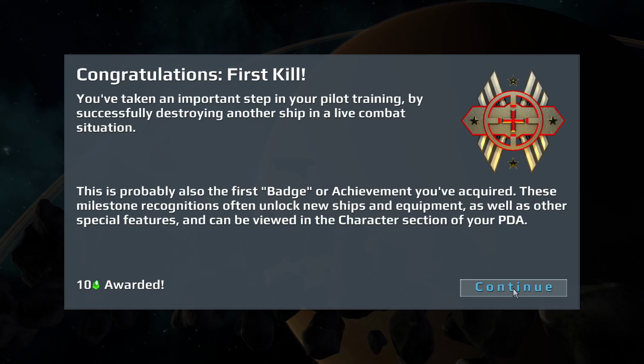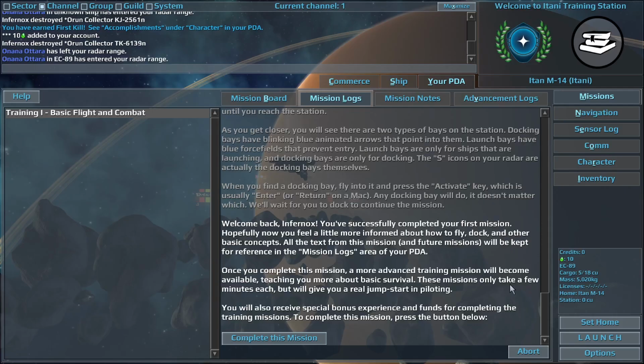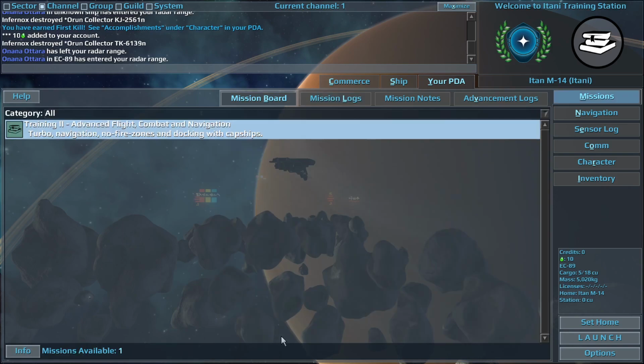All the text from this mission, and future missions, will be kept for reference in the mission logs area of your PDA. Once you complete this mission, a more advanced training mission will become available, teaching you more about basic survival. These missions only take a few minutes each, but will give you a real jump start in piloting. You will also receive special bonus experience and funds for completing the training missions. To complete this mission,